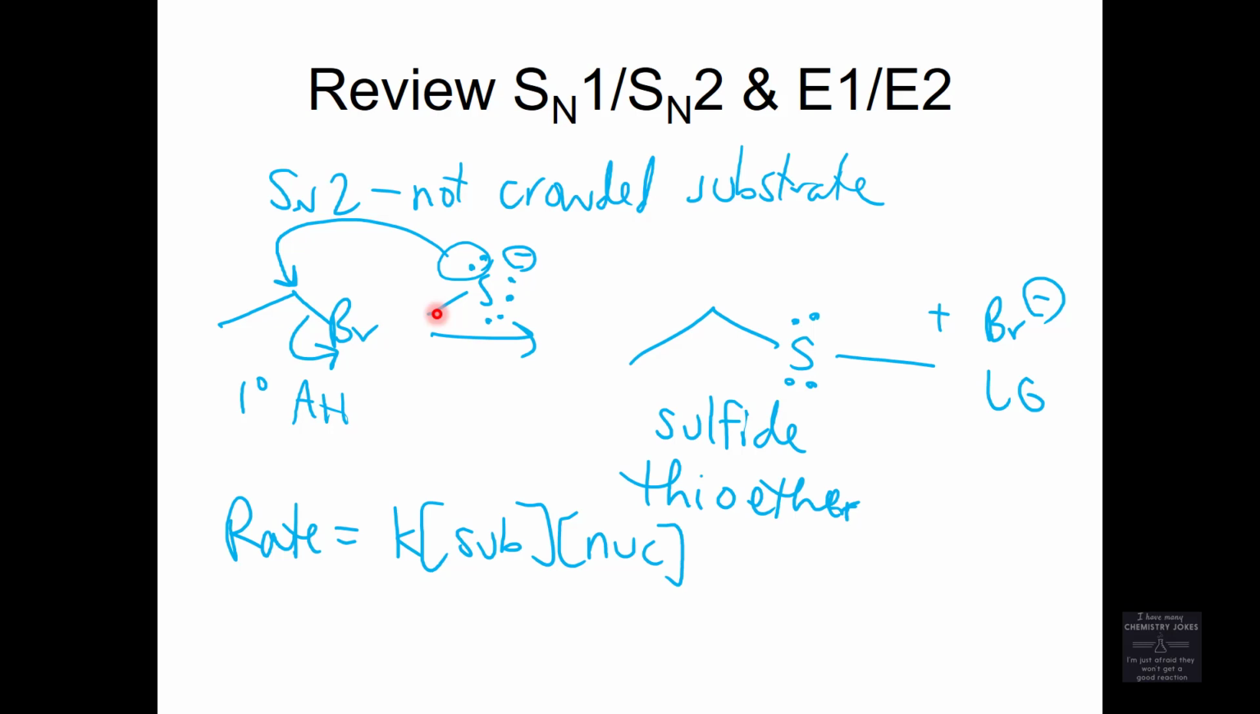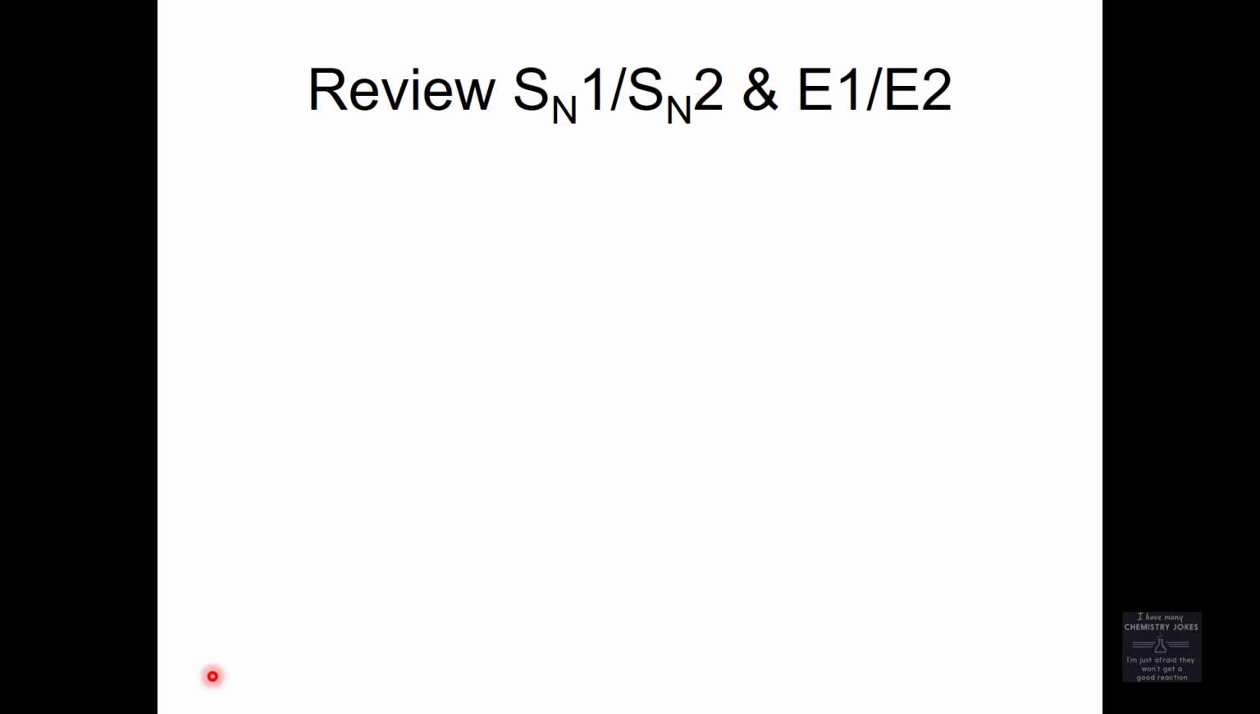Oh, one more thing. You get inversion of configuration, right? This was not an asymmetric carbon, so it doesn't really matter here. But if this were an asymmetric carbon, you get inversion of configuration over there. SN2. Okay. What about